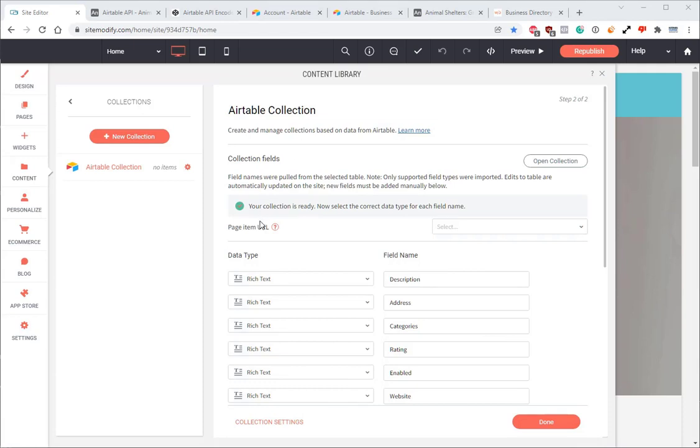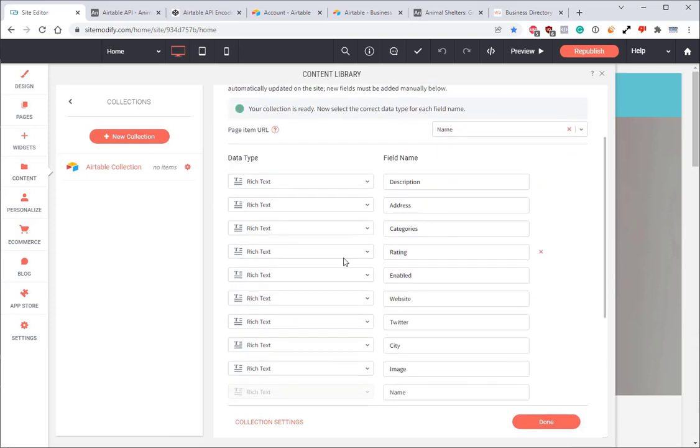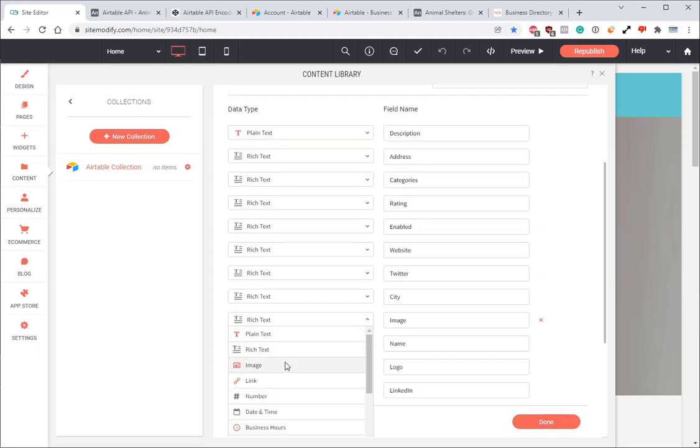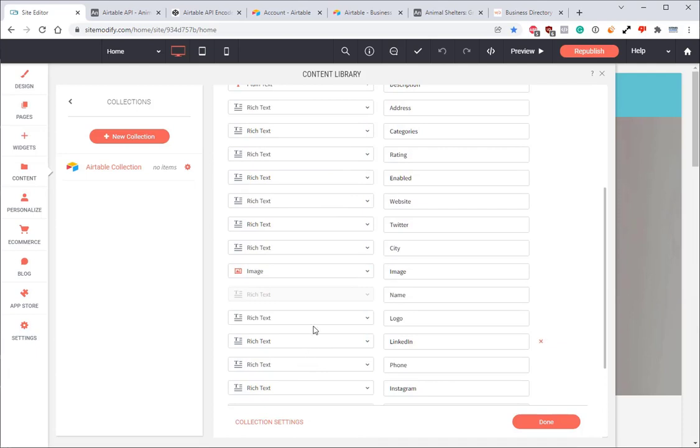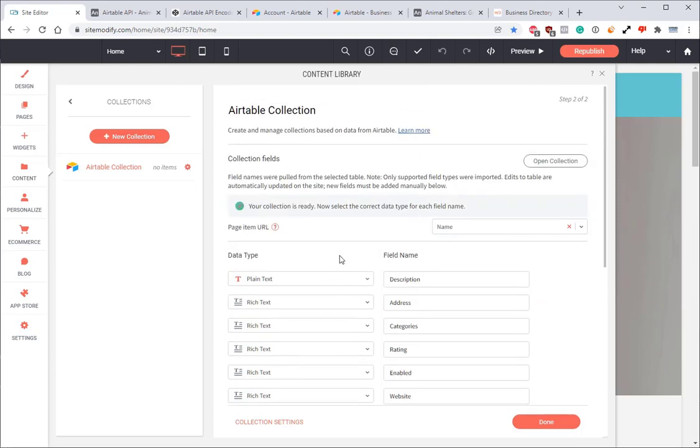The first of those being the page item URL, which we're going to set to use the field name. Moving down below that, we have a full list of field names. This might look intimidating, but don't worry, it's quite simple. You'll simply set every field type to use the data type plain text, with the exception of the image field using the image type and the logo field using the image type. As well as lastly, the website field as well as the social media fields will all be set to use the field type link. Now I'm going to quickly update this collection with the correct data types, and I'll be